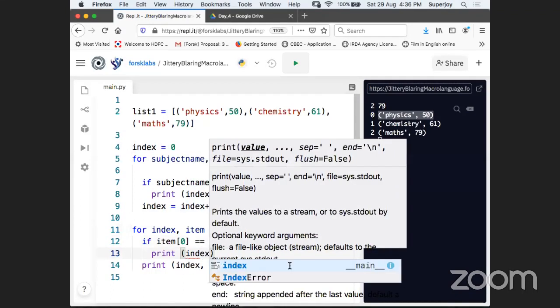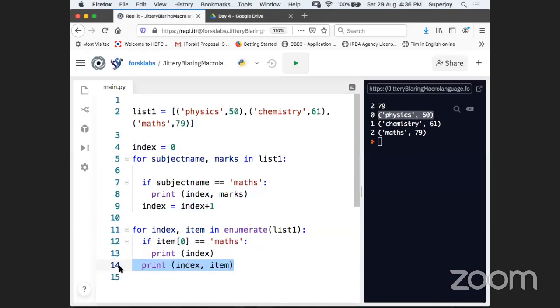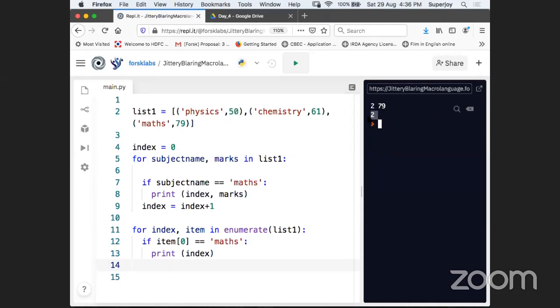That's it. Now it will print me the final index only. Let's see if that works, or do we need any changes here? Guys, can you see? This time we got only the index of 2.